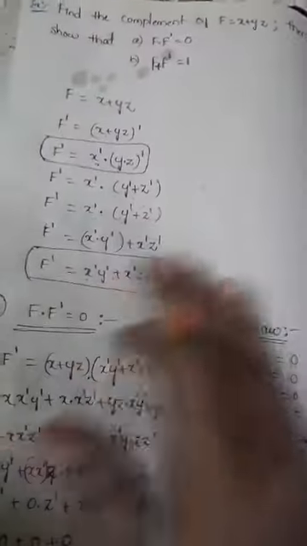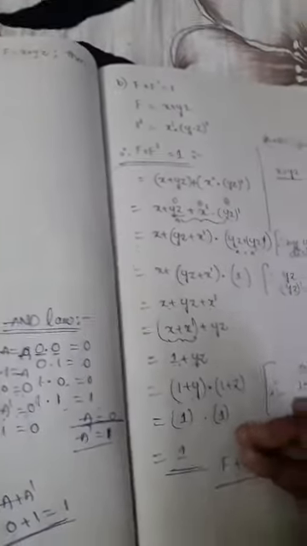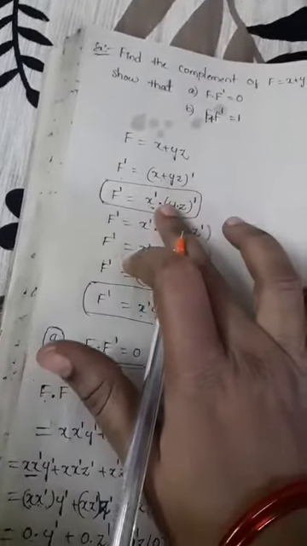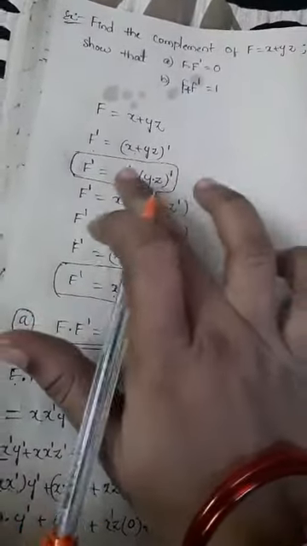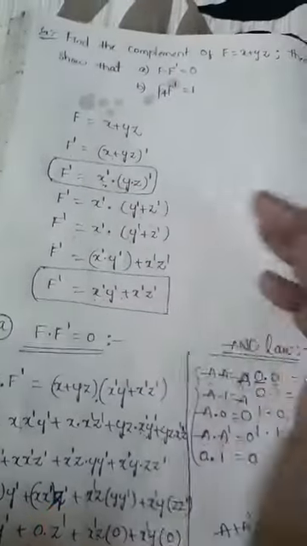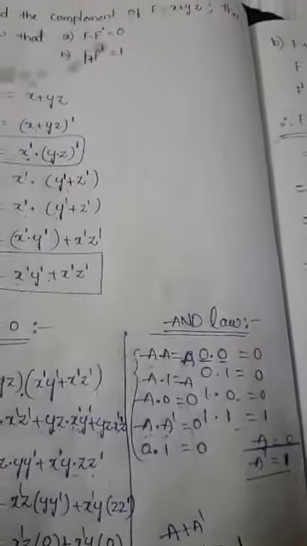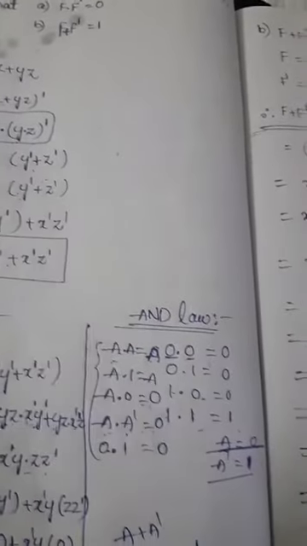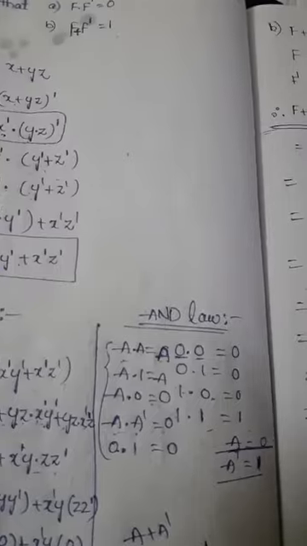If you consider f complement as the other function, we use different laws in that: the associative law, the commutative law, different laws for every step. So it's a very lengthy procedure. Simply, you can consider f complement as this function. What is the main aim of Boolean algebra? To reduce the Boolean function. So we need to reduce the equation, decrease the procedures and decrease the steps.